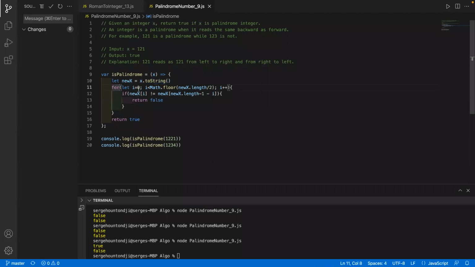Then we have a for loop that starts from the beginning and goes to the middle of the length of our new string. The reason is that we want to compare the beginning number with the end number. Just bear with me, you will understand soon. Here we're comparing the first letter and checking if it is not the same as this one. And what this whole part is doing is basically